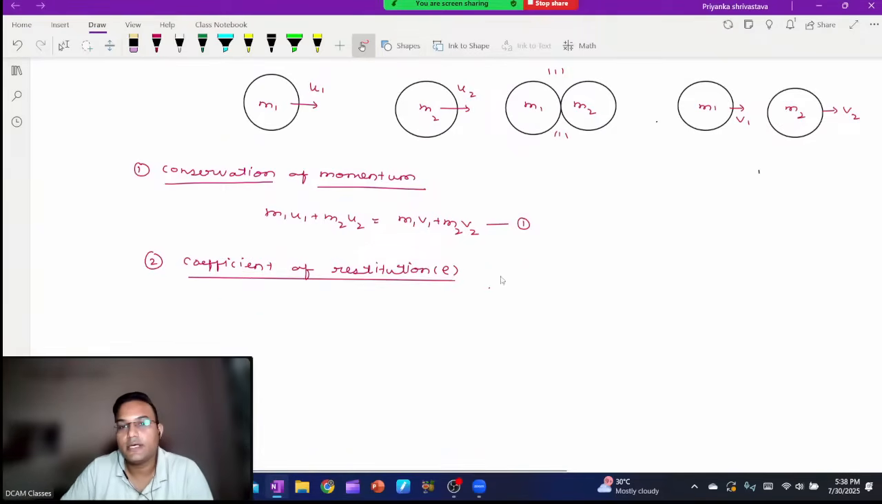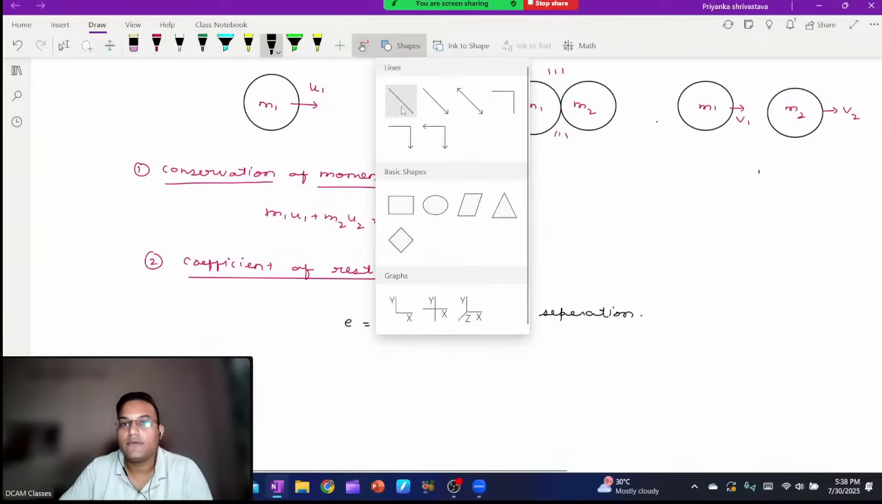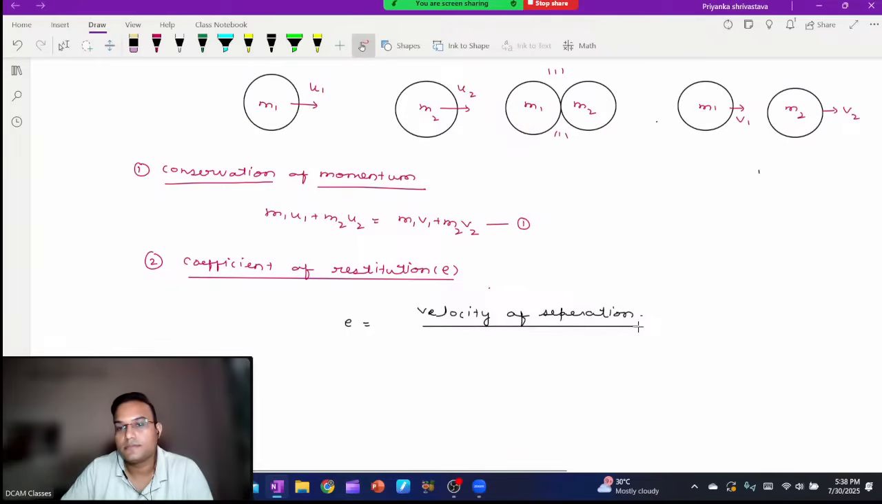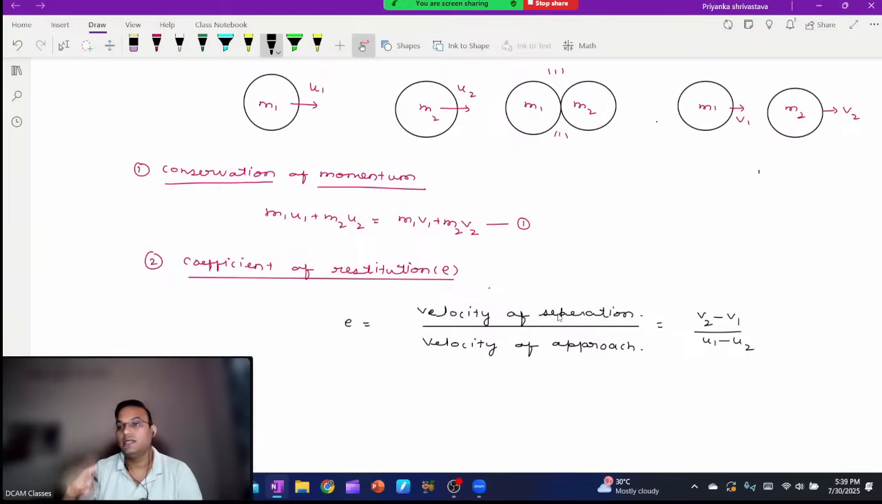कोफिशिएंट ऑफ रेस्टिट्यूशन की बेसिक डेफिनेशन होती है, किसी भी कोलिजन में e इज इक्वल टू वेलोसिटी ऑफ सेपरेशन डिवाइडेड बाय वेलोसिटी ऑफ अप्रोच। इससे समझ रहे हो तो ठीक है, नहीं समझ में आ रहा है तो ये फॉर्मूला याद कर लो। जैसे इसके केस में v2 माइनस v1 बाई u1 माइनस u2, ये बहुत इंपॉर्टेंट है। नीचे u2 माइनस u1 नहीं है, वो u1 माइनस u2 है।